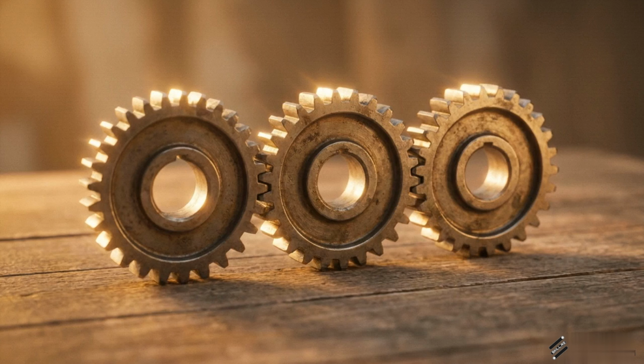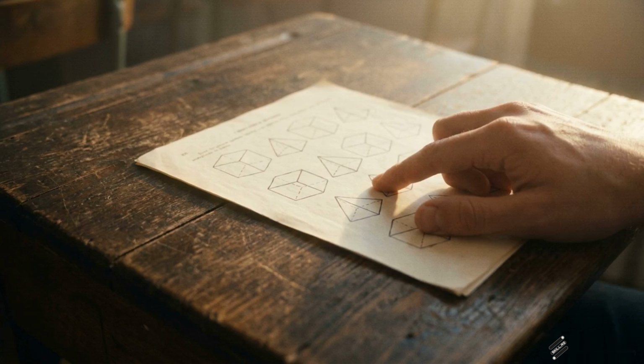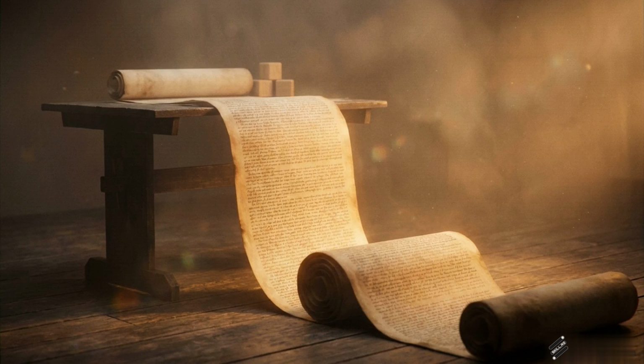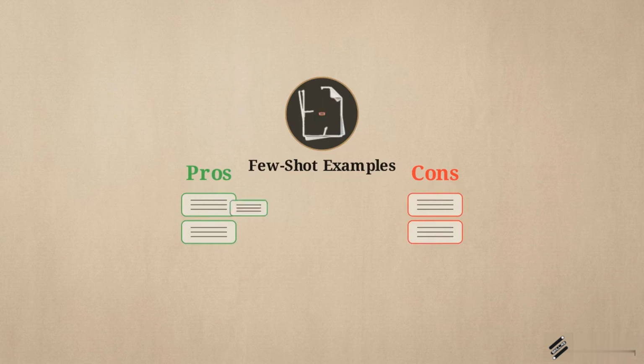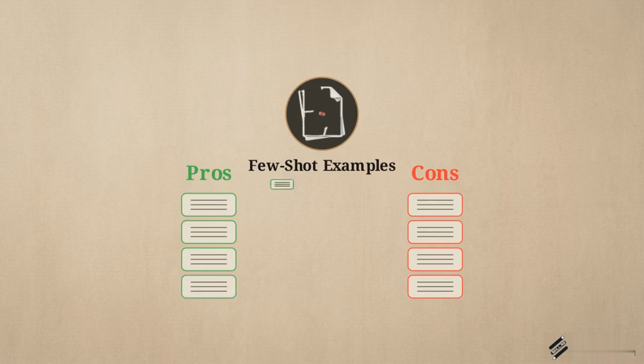The second tool is few-shot learning. It is based on the principle that it's often more effective to show the AI a pattern than it is to describe it with a long list of instructions. Instead of writing complex rules for how to organize messy product reviews, you provide 2 or 3 examples. You show the raw text and the corresponding pros and cons list. The model identifies that pattern and applies that same logic to new, unseen reviews.